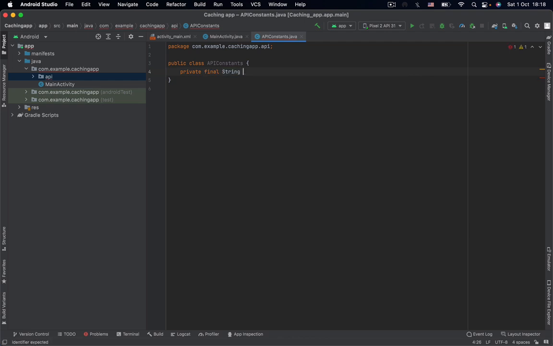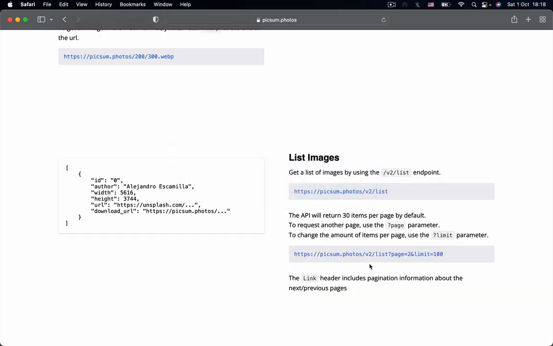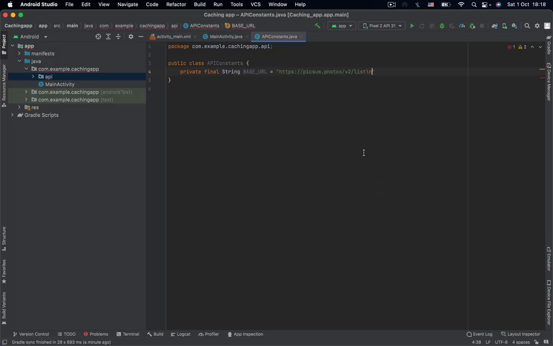So we will make a constant base URL, and as a base URL we're gonna need this, but without the list part, because we will put that later